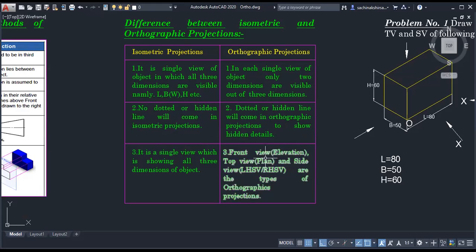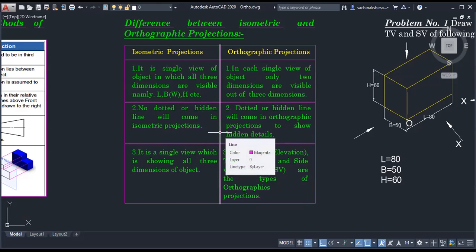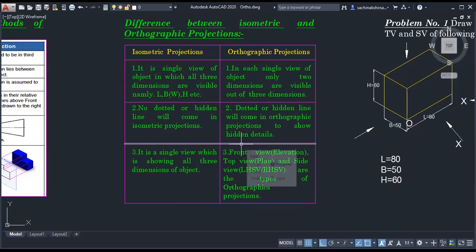Second, most important: no dotted or hidden line will come in isometric projection. Isometric projection is nothing but whatever we see from the front. We are not considering the part which is hidden, or which is not in the line of sight, or which is invisible. Whatever we are observing from the front is there, so dotted or hidden lines will not come. On the other hand,